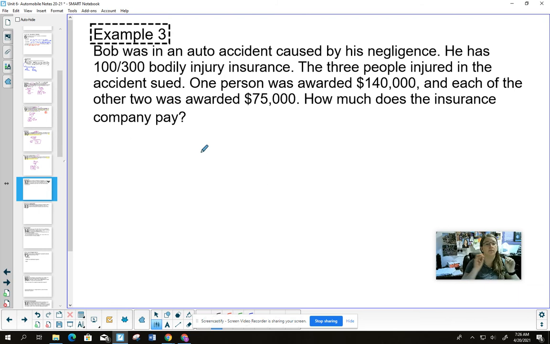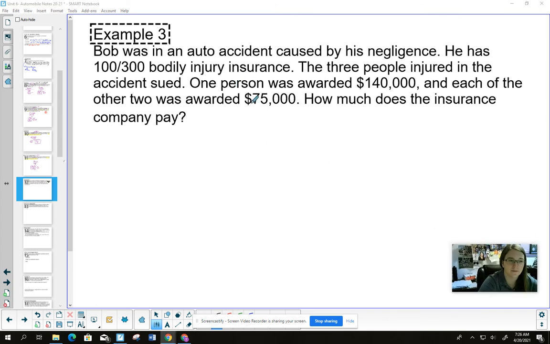Now these questions are going to be talking about bodily injury insurance. Now again, it should say here, this is liability insurance. So this protects other people when you cause an accident, right? Liability insurance is for when it's your fault. That money goes towards paying for other people's stuff, right? So we have to be kind of careful with this because it's kind of weird how it works.